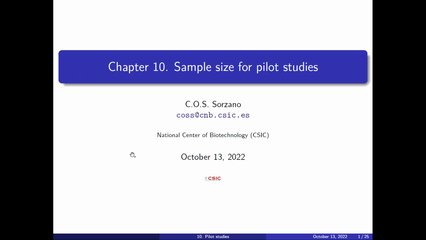In the last lecture of the course, we will learn how to compute the sample size for pilot studies. A pilot study can be done for two reasons. One is for experimental reasons, to check that you have clear instructions, that you know how to perform the experiment, that if there is some special procedure, people are trained on how to do it,